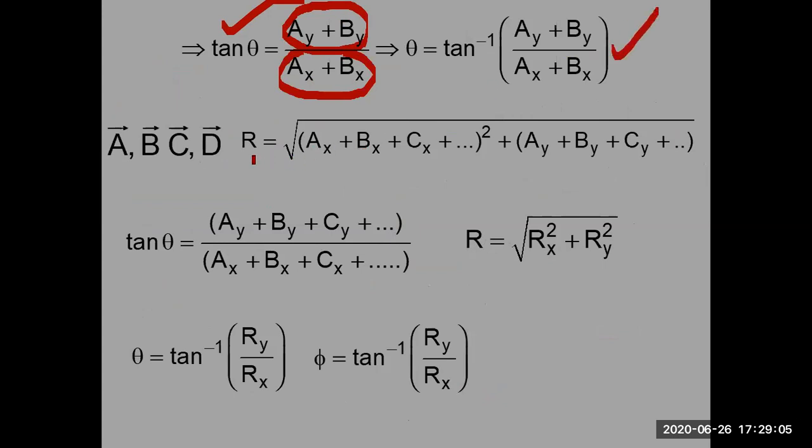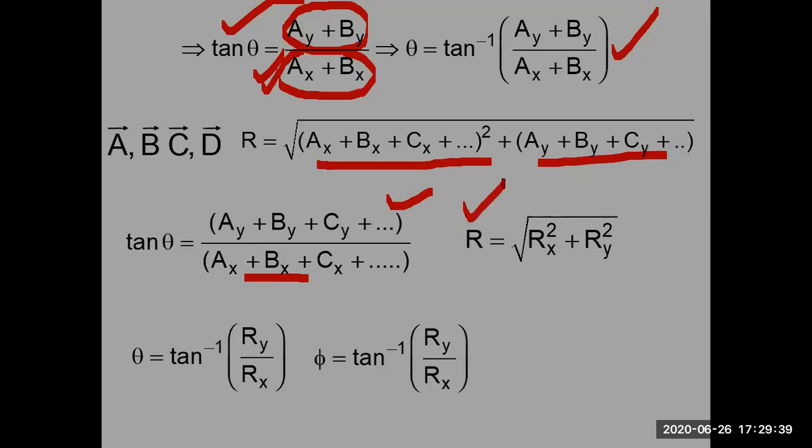So if you are asked to find the direction in case of a number of other vectors, then this will be your technique: it will be Ax plus Bx plus Cx, and Ay plus By plus Cy, and so on. In case of 2 axes it is up to y, and in case of 3 axes, it will be up to z. So finally, you are calculating the angle. In case of three vectors, you have already done the two-vector case up to this point. But if you increase up to three vectors, here is the procedure to follow.